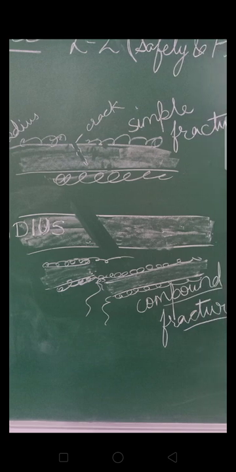Let's see this diagram. See the upper diagram. Suppose the radius bone of your lower arm got slightly cracked from the middle. Okay, the tissues around it are not damaged, they are intact and they are as they were, but there is only a slight cut or crack in the bone. This is a simple fracture.